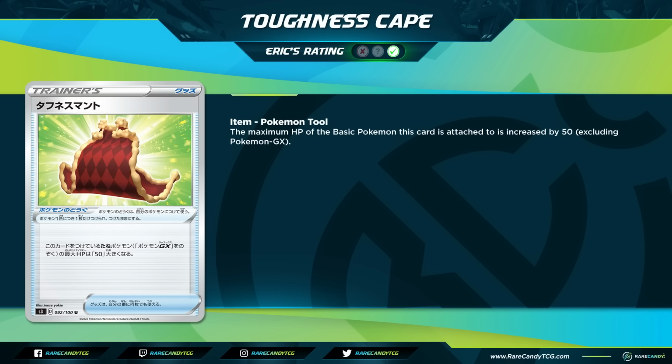But outside of that, I think this is actually a really decent Pokemon tool card. We already have Buff Padding in the format, which, though it has a strong effect, is limited to Pokemon with a 4 retreat. And on the flip side, the other card we have like that has been Big Charm. Big Charm, of course, is only for 30 HP. So the fact that we can get a 50 HP boost is something I think is really nice,